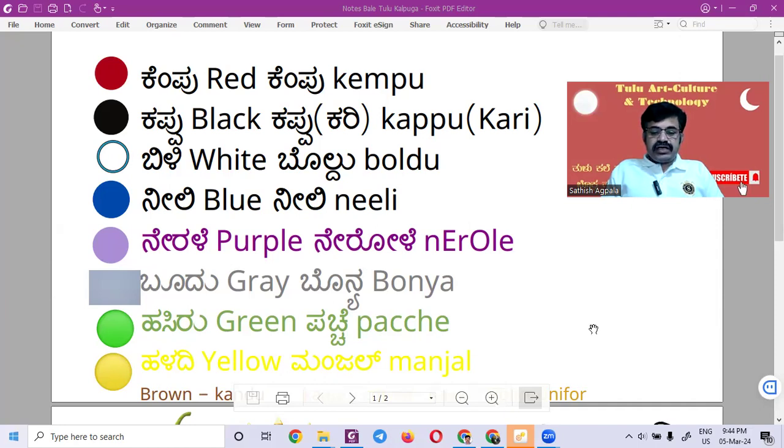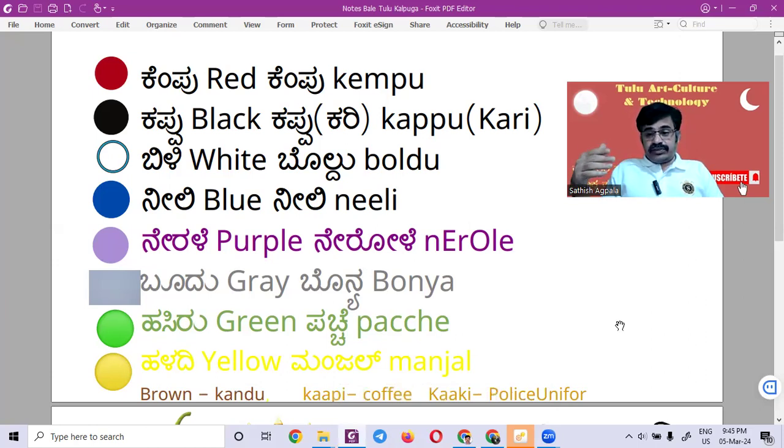Brown means kandu color. Coffee color. Coffee color. Khaki. You might have seen the Indian police or drivers wear this uniform. This is the color. Which color? Khaki. Okay. Once again,